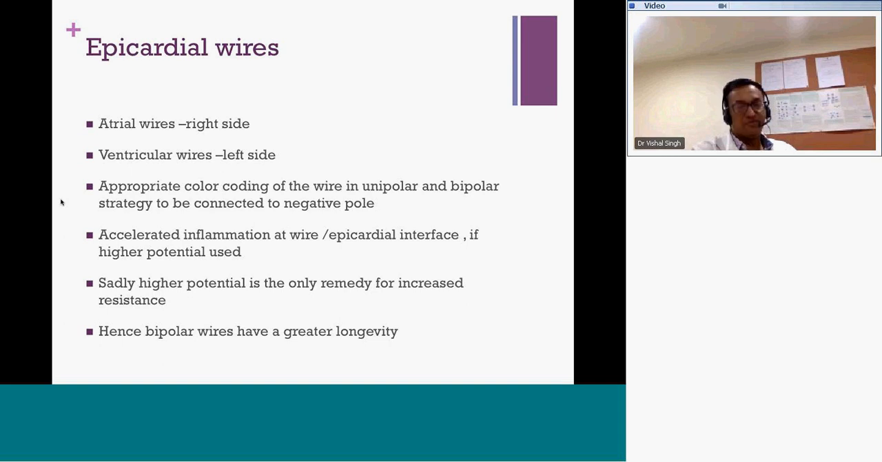Now, color coding of the wire is done in a few centers, but here most of the people color code the